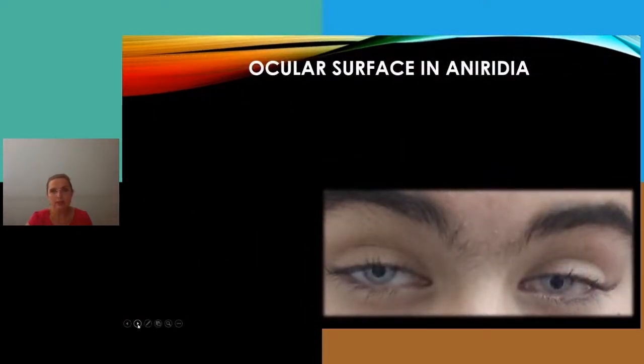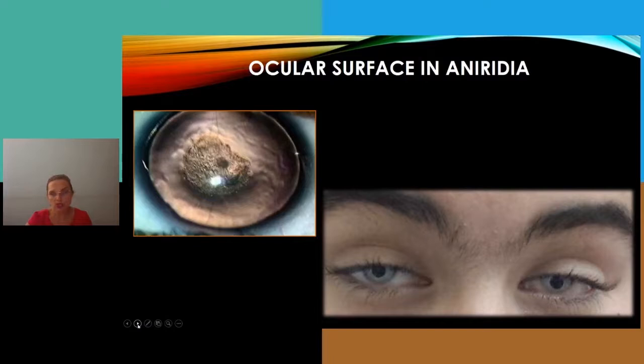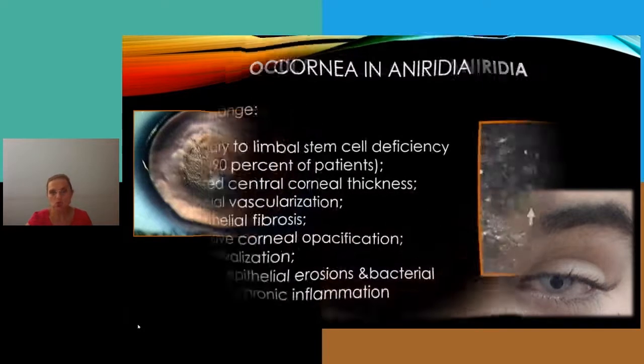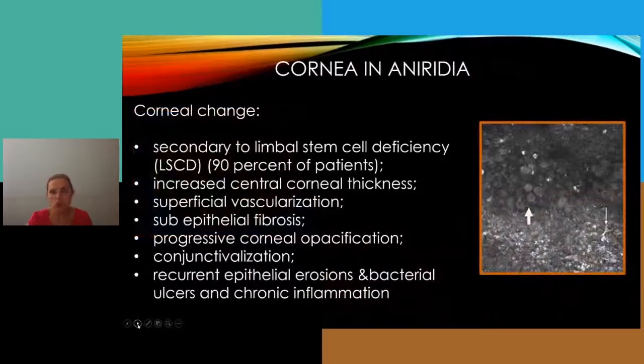So let's come and look at aniridia. This is actually one of my patients, and she does not look like an aniridic patient simply because she had cataracts, bilateral cataracts, and she has Morcher lenses implanted into the eye. So she has no artificial iris, she just has Morcher lenses. So what about the cornea of this patient?